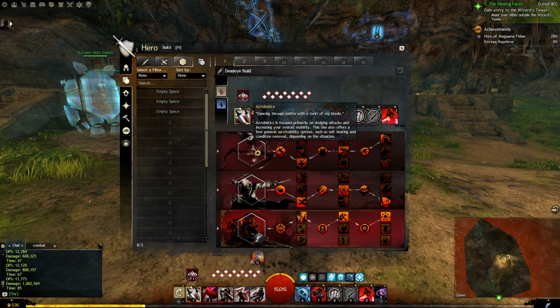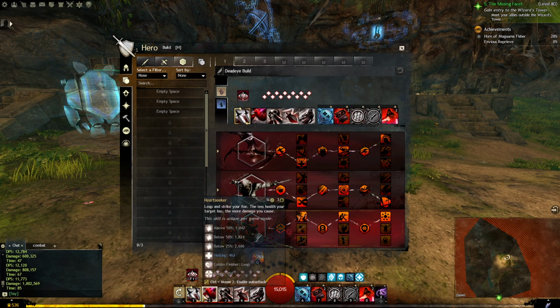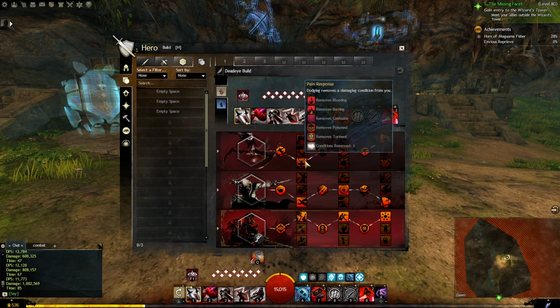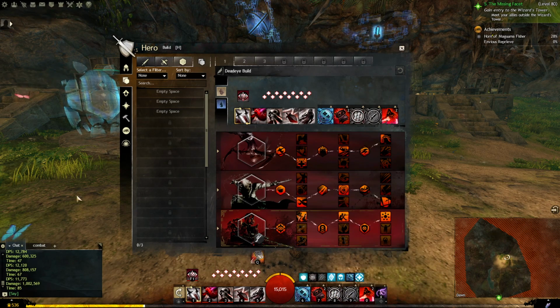And so for the next line, in the core trait lines, is Acrobatics. The reason we're taking this line is to help with our dagger setup. The first trait in Acrobatics we're taking is Pain Response. So dodging removes a damaging condition from you. This is just a nice condi cleanse ability since we don't have reliable